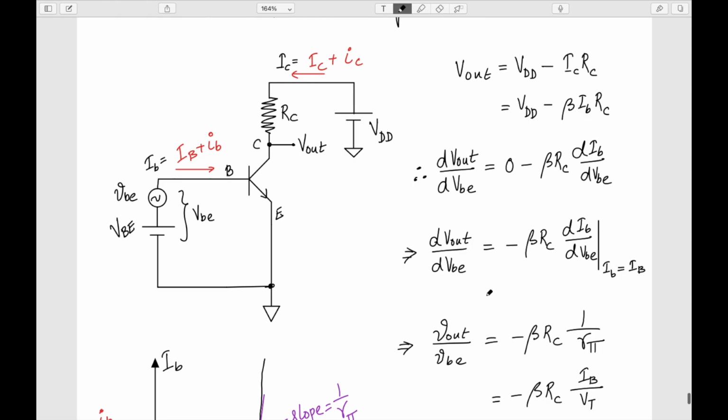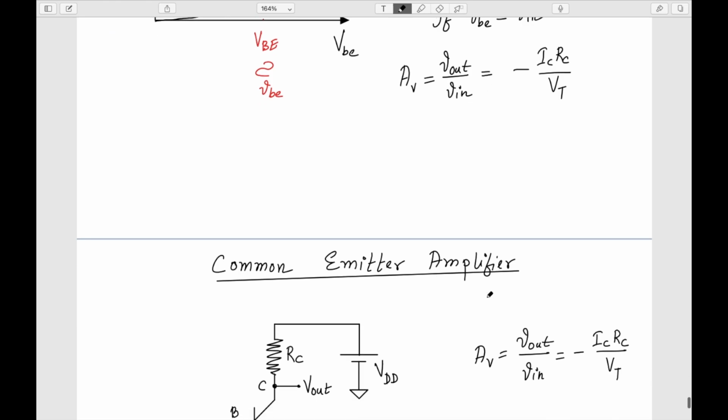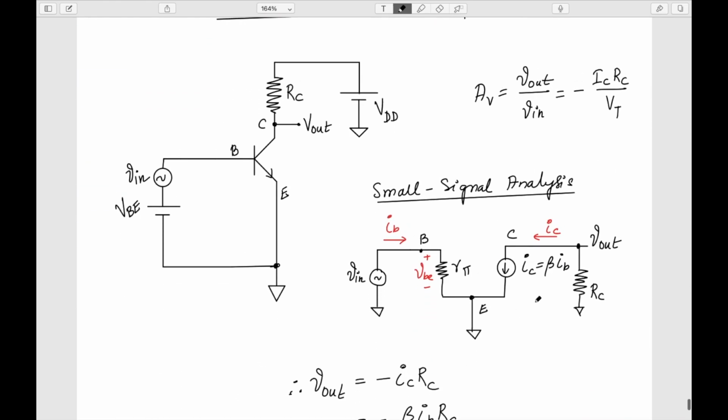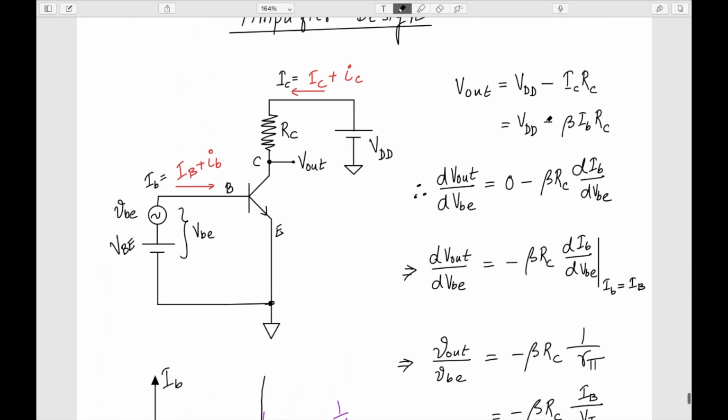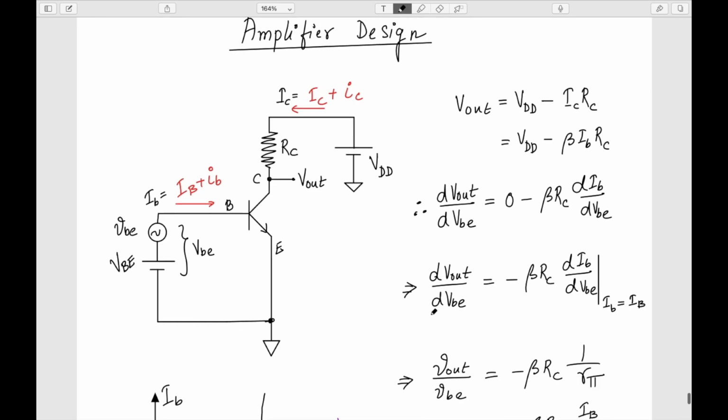Okay, or the other way is we can use the small signal analysis, which has come from the differentiation only, because we know that this R pi is nothing but a differentiation. And of course we need to short all the DCs. Here also, if you see, the differentiation is making these constant voltages ground. So either way is fine,